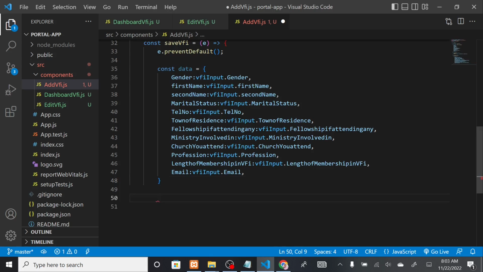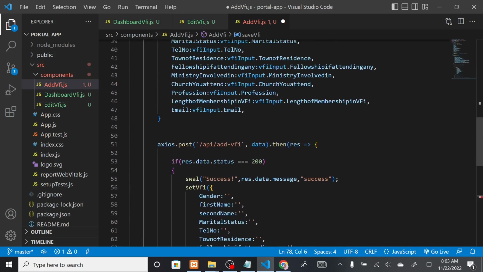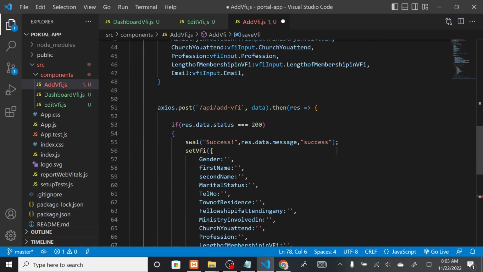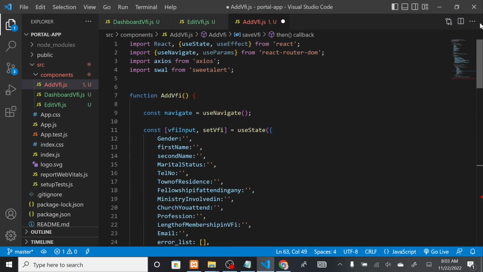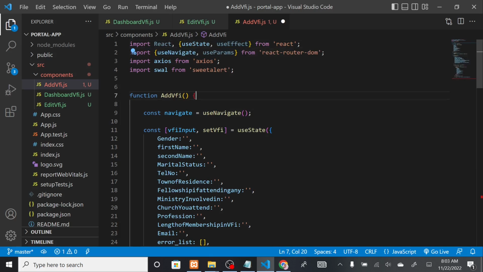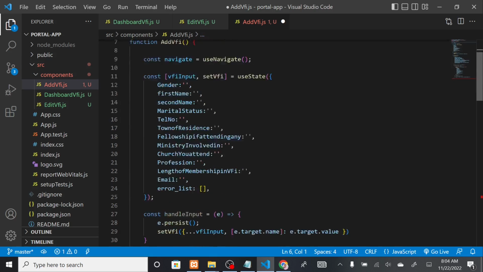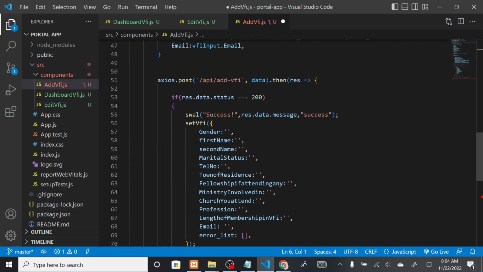Now, once this is done, I have this particular code here. What this code is going to do is use Axios. And of course, remember I imported Axios here. You can see it is telling you this function is still not in use because, for example, they use params. So here, I'm using the Axios post,